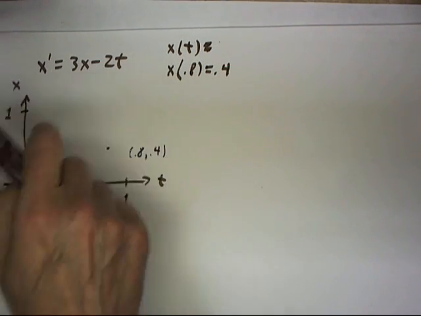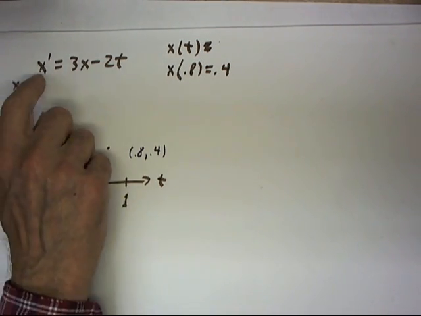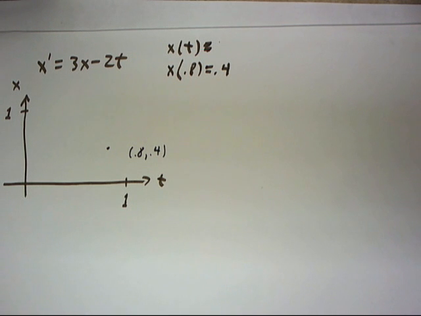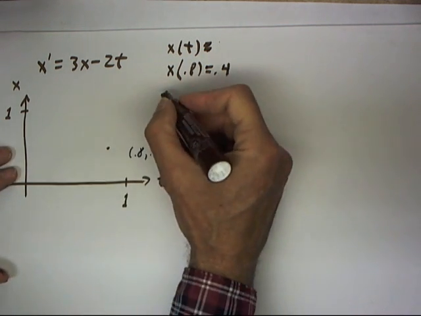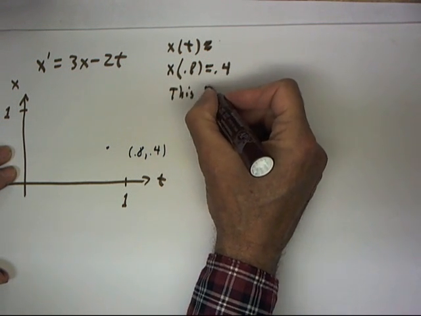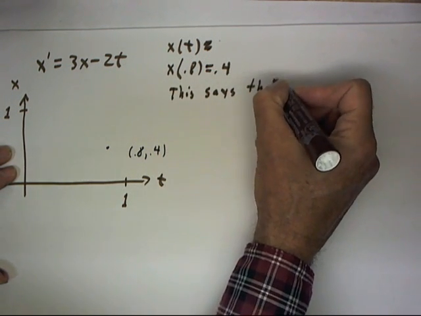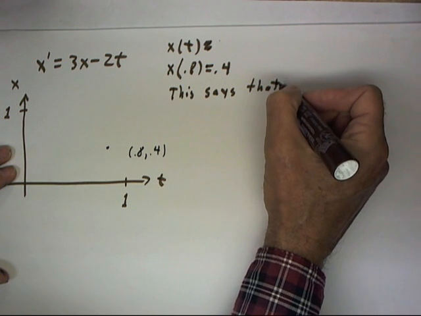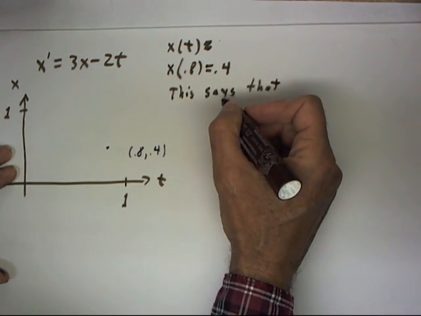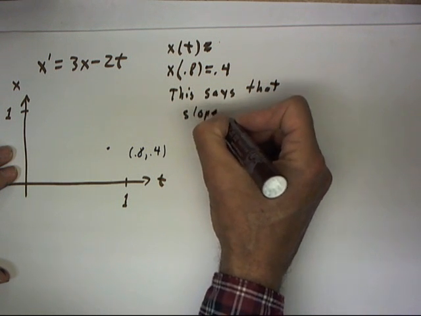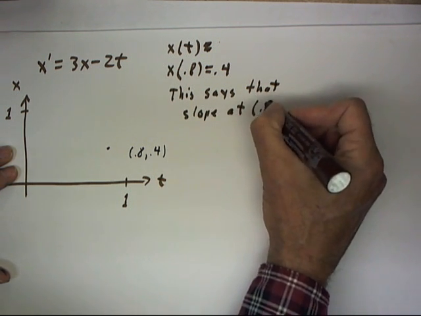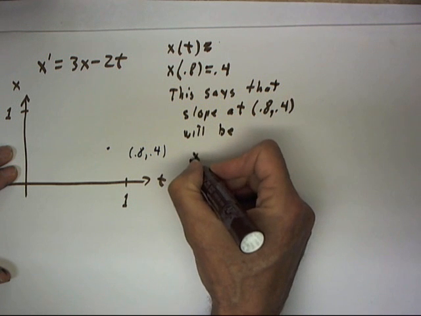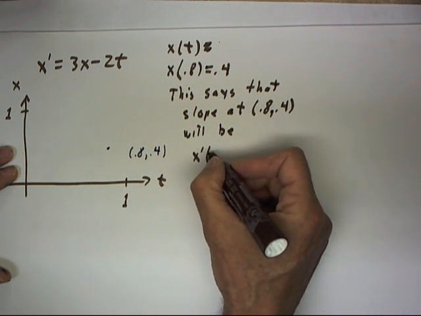Now what can we determine from the differential equation? Well, we can determine something rather important. x prime is just the derivative of the x versus t function, which means that the value of x prime is going to be the slope. So this says that the slope at the point 0.8, 0.4 will be x prime of t